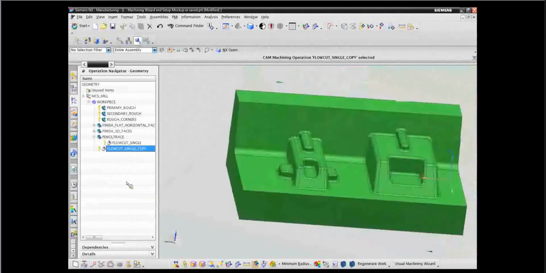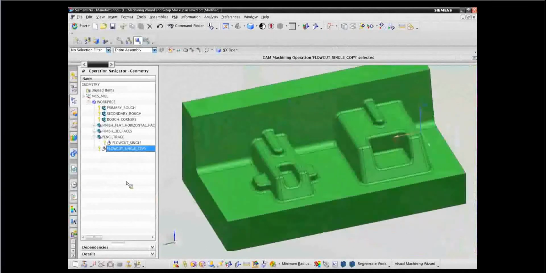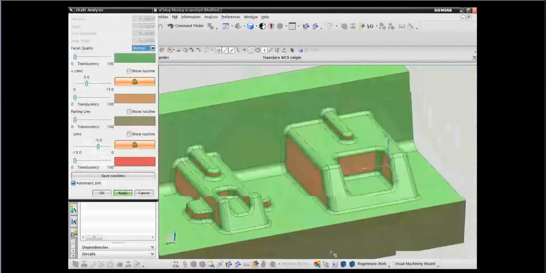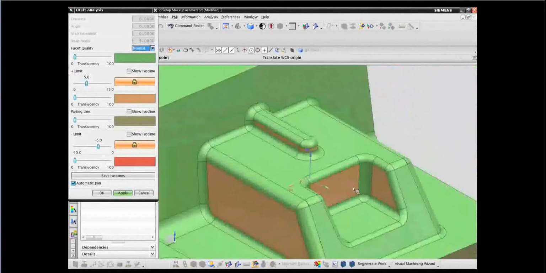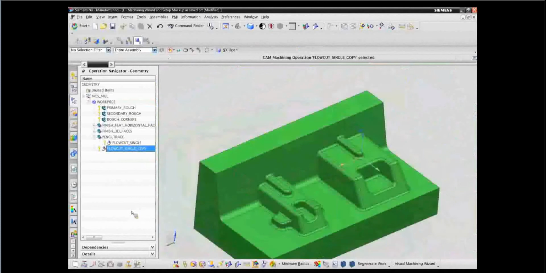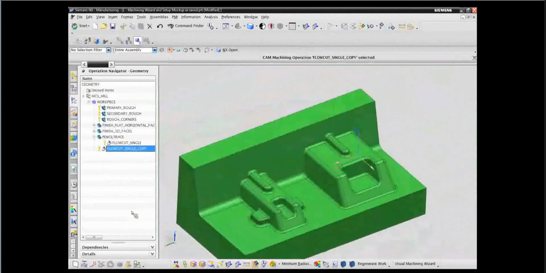So now we've fixed that area, and if I look at the analysis of the part itself, I'm looking at draft analysis, and these walls have a bit of taper on them, both of them in the pocket here. So what I'd like to do is use a 5-axis swarf cut type